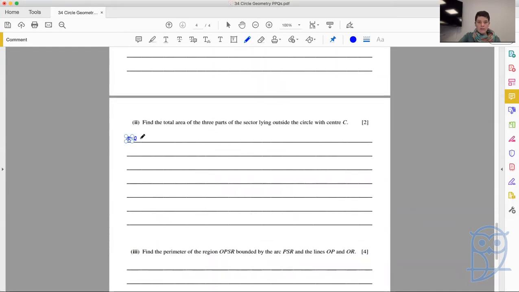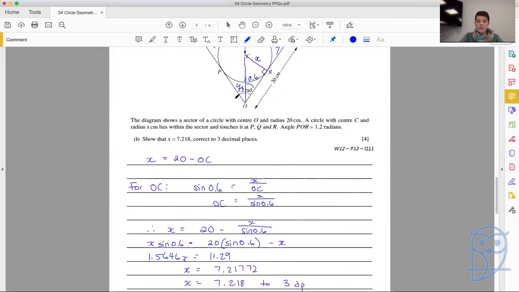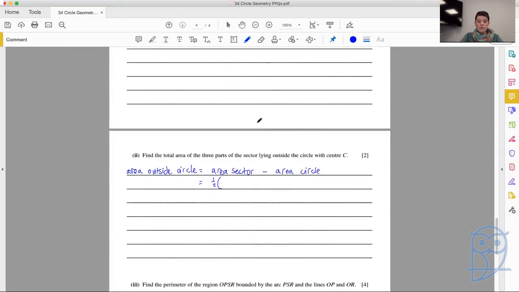So area outside circle equals area of the sector minus area of the circle. Area of the sector, remember we're not using any formulas in our working, we're just applying them. Half r squared theta, so 1/2, r is 20, theta is 1.2. So 1/2